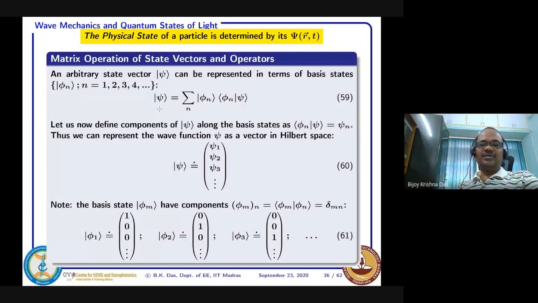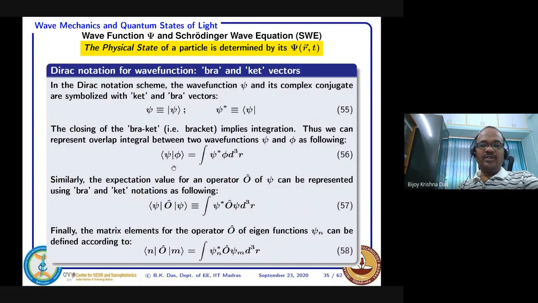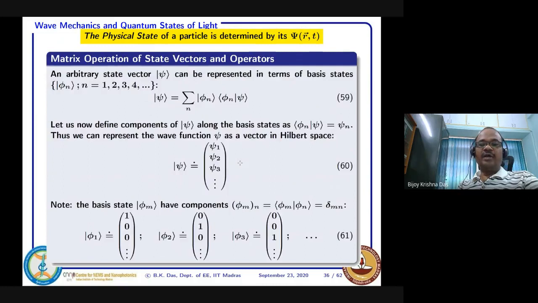So this psi is right now just a state vector. You have to forget about what the function is. All those things we don't need to consider. The only thing is that the function distribution is needed to find this expression, this inner product. Inner product means, as we described earlier in equation 56, that you have the psi distribution and then the phi distribution, and you are taking the overlap of that. That is actually the inner product. Once you get the inner product, that is a number, and a number multiplied by direction gives you the entire vector.